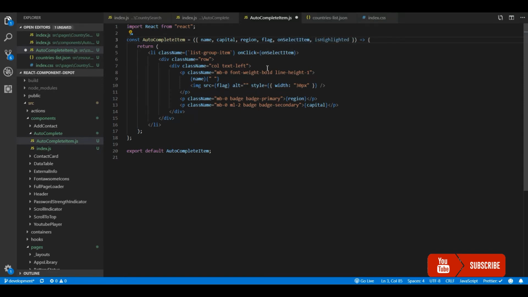So we'll take this from the props, and if it is true, then we'll add a class to this, which is active and highlighted. Otherwise, we'll render nothing.